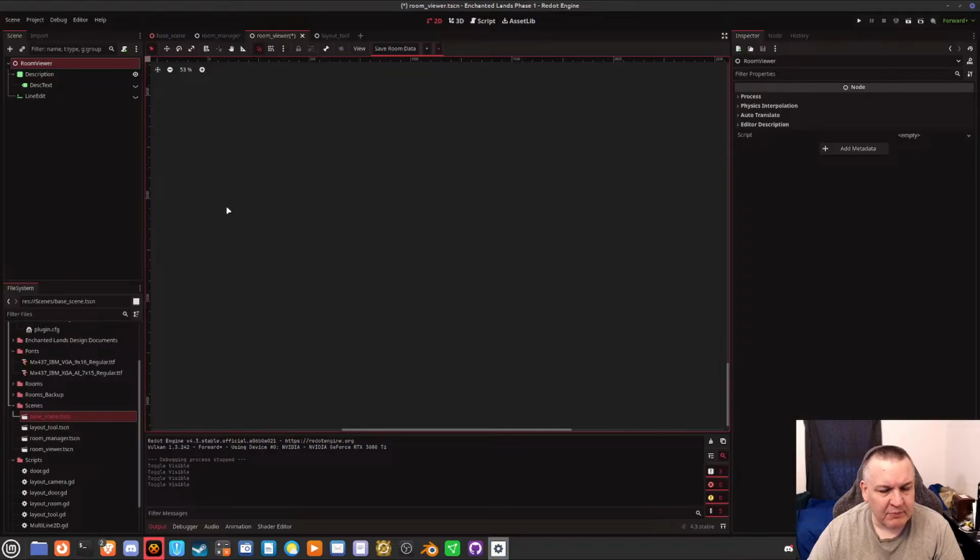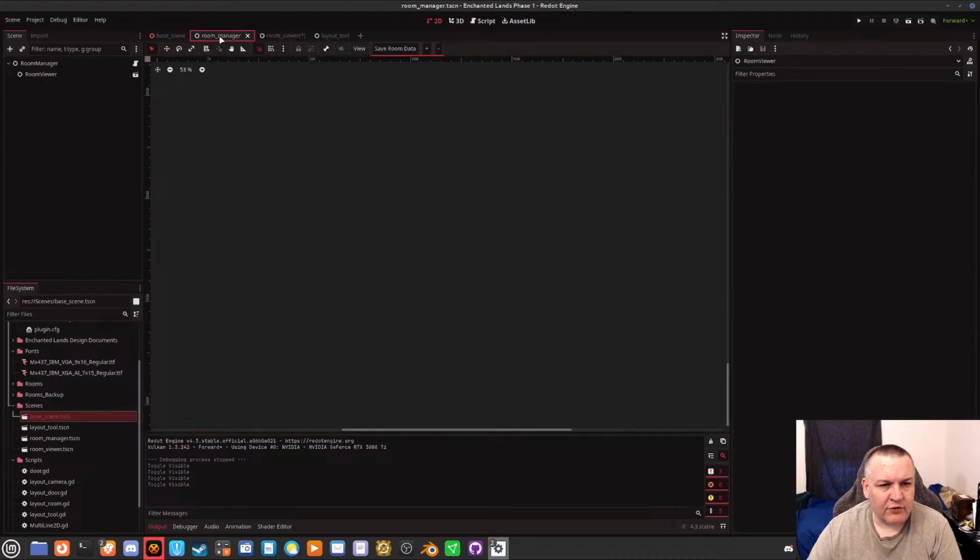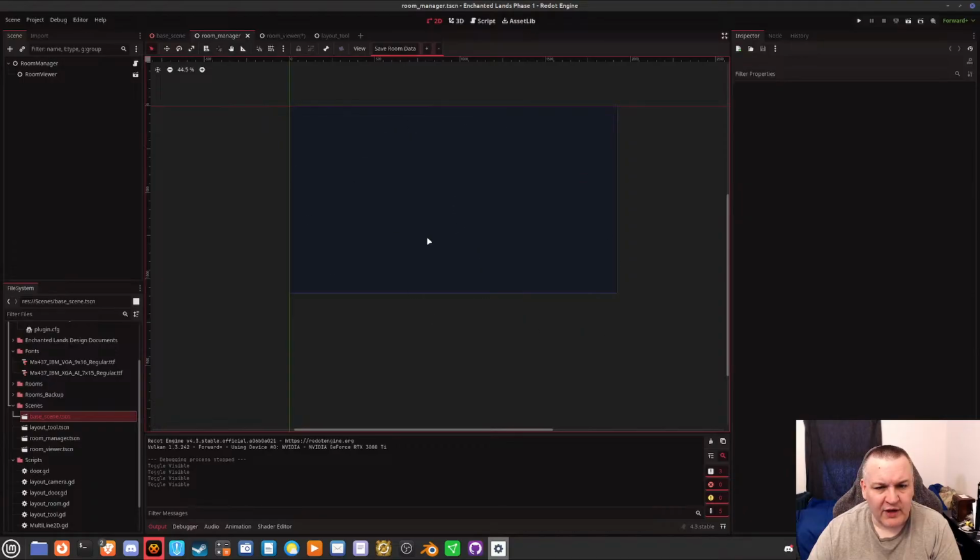I also have a line edit because I've made it sort of like a little terminal. It's not really a terminal. You hit the tilde character and then you can tell it to switch to whatever room I want to switch to. And then of course the room manager, which is the actual game here, has a room viewer node.